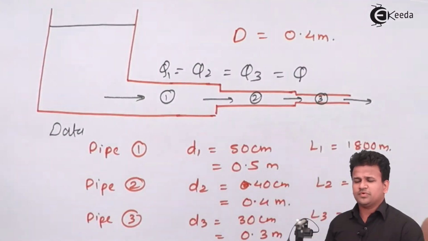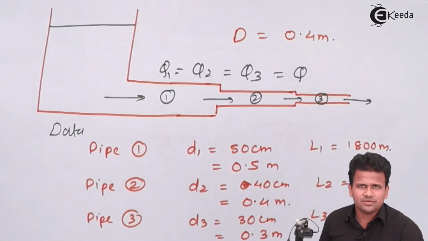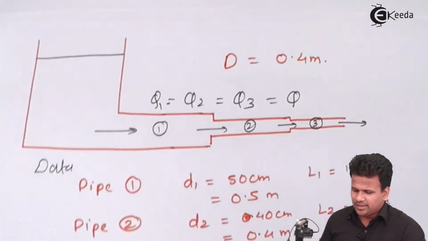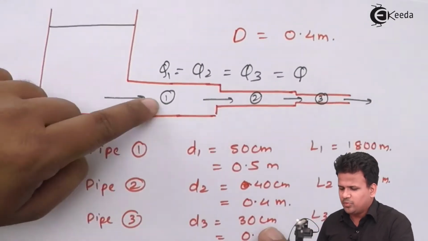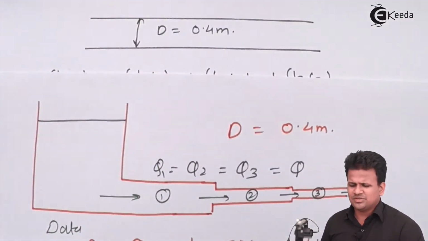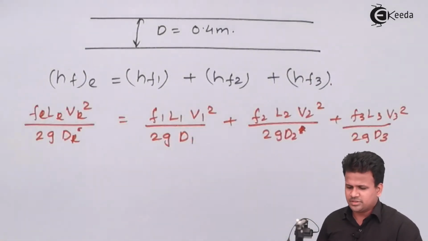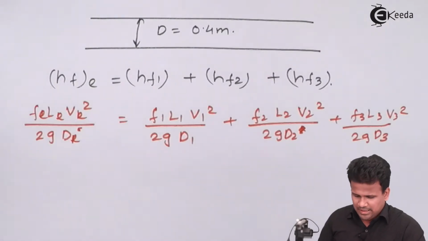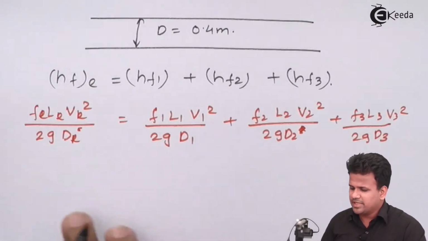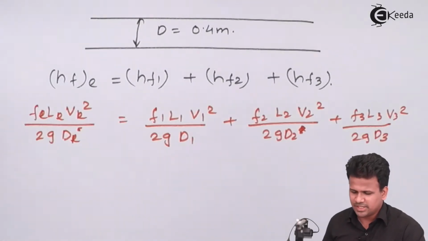Or if we don't have to solve by a discharge equation, we have to calculate the individual velocities at those points, that is in pipe 1, pipe 2, pipe 3 and the equivalent pipe. So let us not go into that because it will be a cumbersome problem. So let us do this by replacing this formula for a pipe which will be having discharge over here.